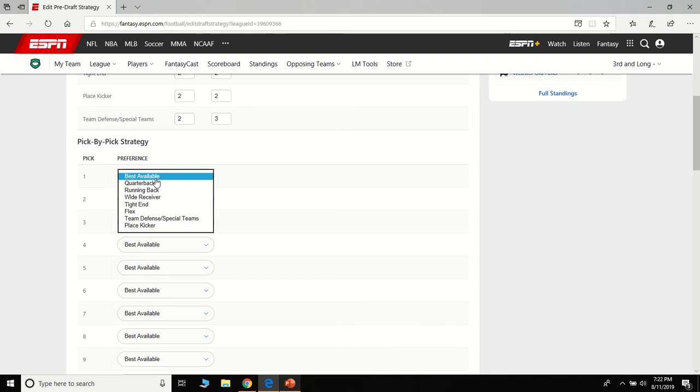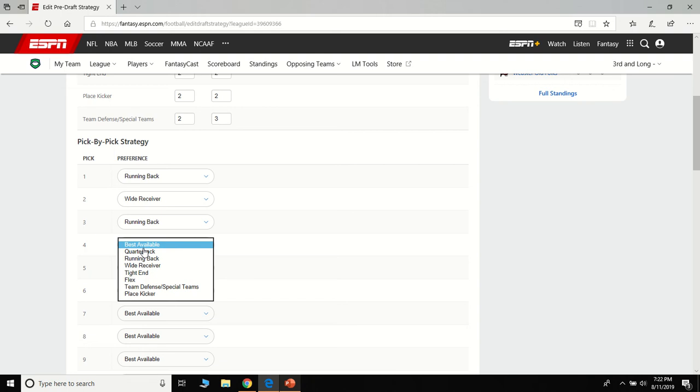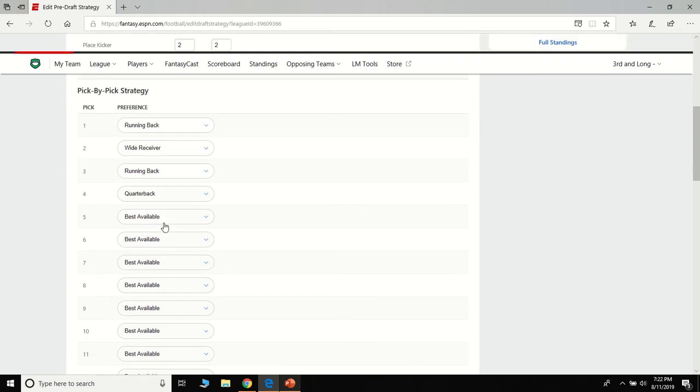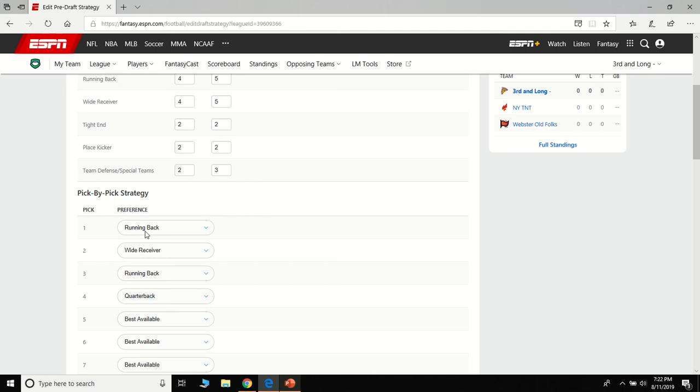So in the first round, I want a running back, so I'm going to select that. In the second round, I'm going to say wide receiver. In the third round, another running back. The fourth round, quarterback. And I can go down the list, and it's going to pick from your list of ranked players the best running back available. And then in the second round, it will pick the best wide receiver available